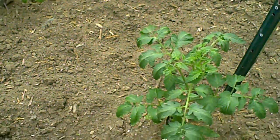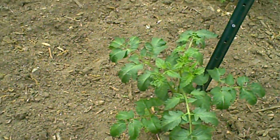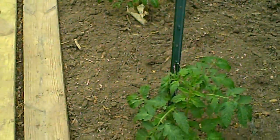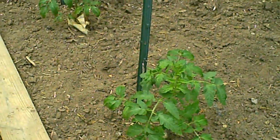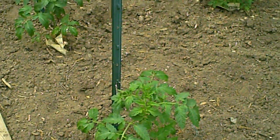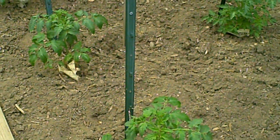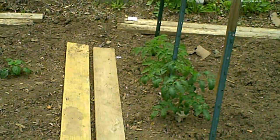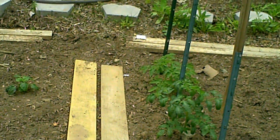And then the seeds that we start actually here with the tomato keepsake. This is a tomato that is supposed to be able to, once picked, be stored at room temperature for up to 2 weeks. So we're looking forward to that. We have 4 of those plants. We have 1 there, 1, 2, 3, and then the last plant on the back side over here is a